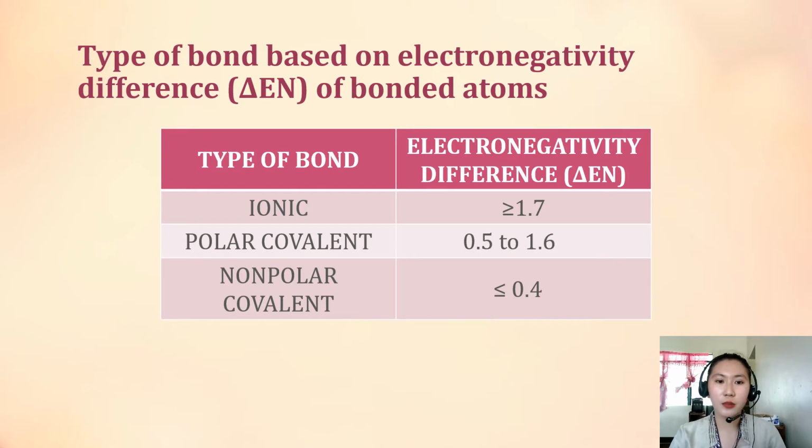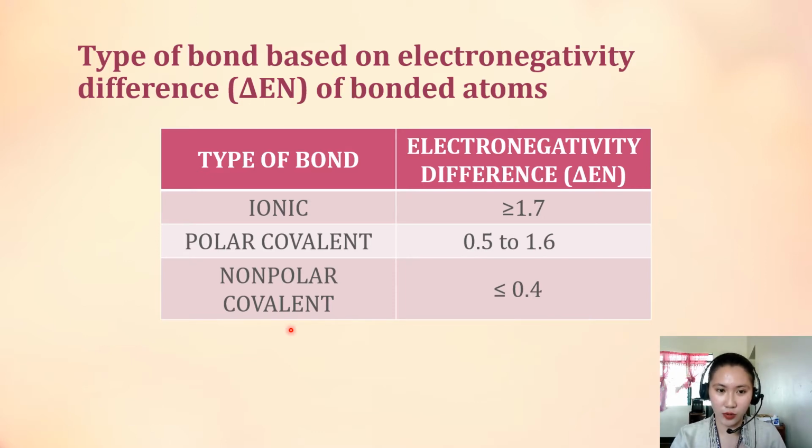So here is the type of bond based on the electronegativity difference of bonded atoms. If the electronegativity difference is more than or equal to 1.7, the type of bond will be ionic. If the electronegativity difference ranges from 0.5 to 1.6, the type of bond will be polar covalent. And lastly, if the electronegativity difference is less than or equal to 0.4, the type of bond will be nonpolar